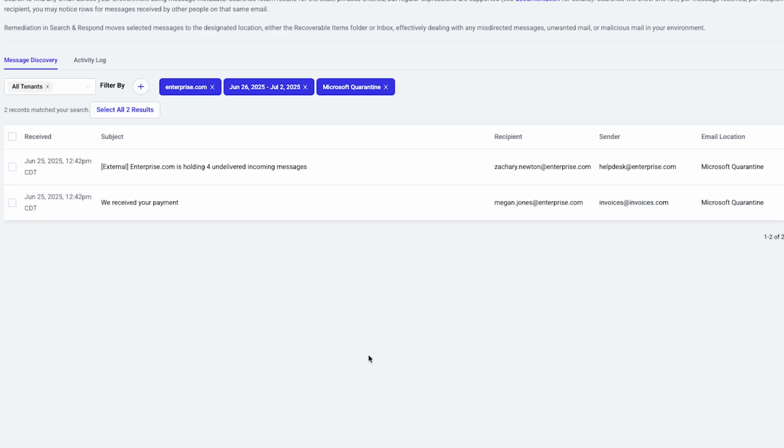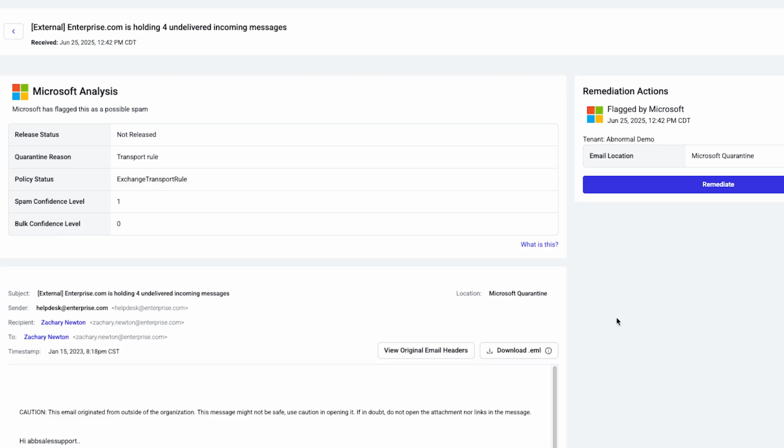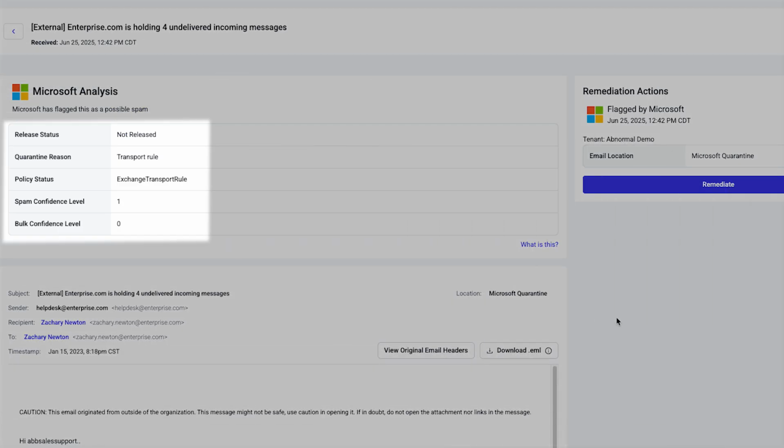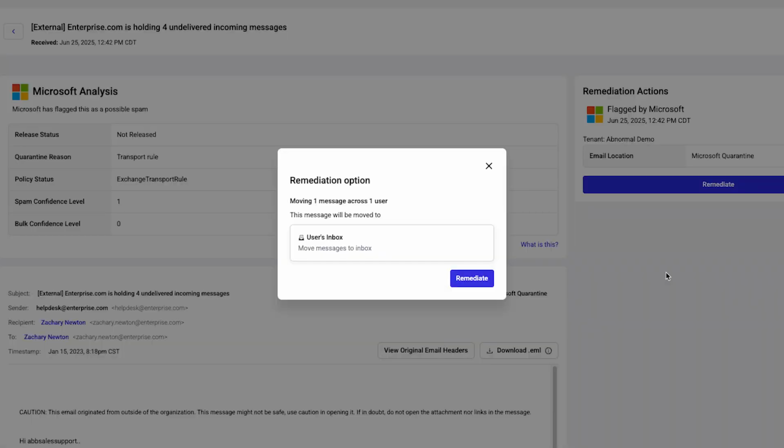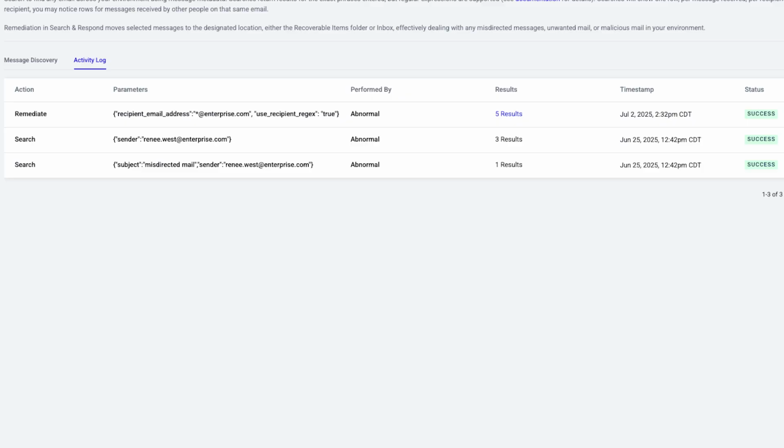Analysts can search by sender, subject, or recipient and inspect content and metadata. For Microsoft Quarantine, they can see the reason and policy that triggered the quarantine and take action on one or hundreds of emails instantly. Every action is fully logged for compliance, giving teams the speed they want and the control